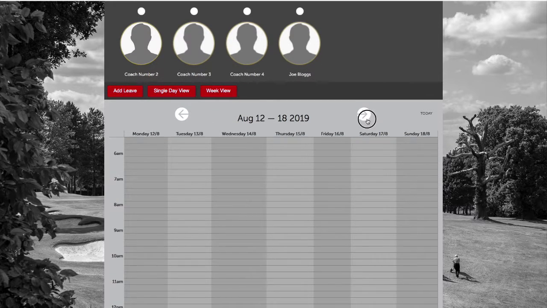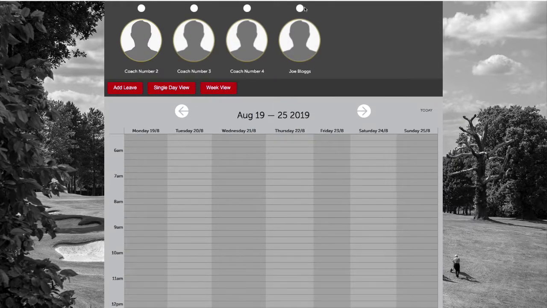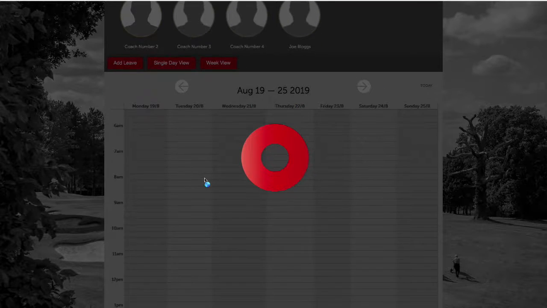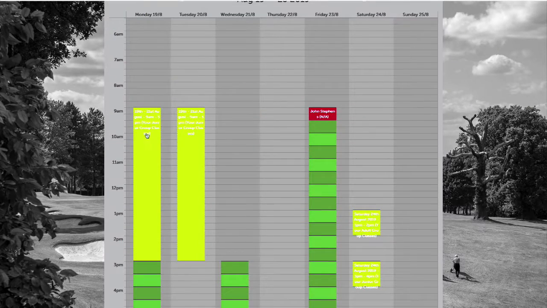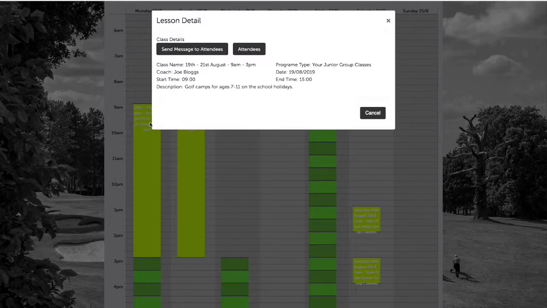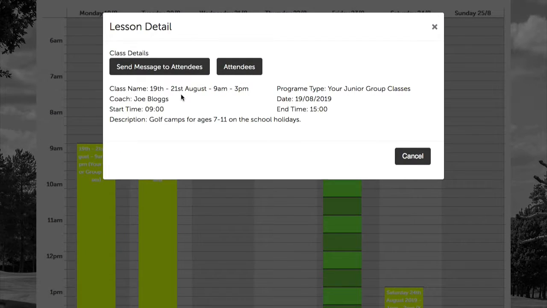The customer has indicated that they want to make a booking on a golf camp. And if we go to the coach named Joe Bloggs, we can find this class by going to the appropriate date, and we can observe the yellow times in the schedule. This indicates that there's a class booking. If we click on the class, we can see the information relating to the class, the dates, the program type,